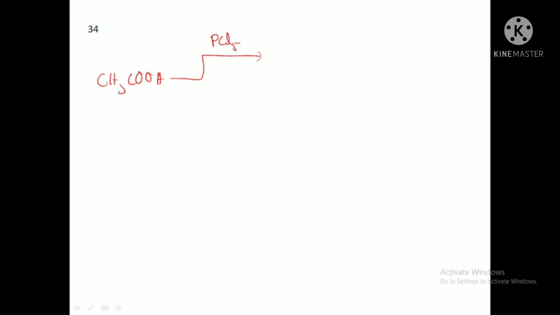Acetic acid reacts with PCl5 and forms CH3COCl plus POCl3 plus HCl. That is acetyl chloride, CH3COCl, and phosphorus oxychloride will be formed. This is phosphorus oxychloride. In the same way, acetic acid also reacts with